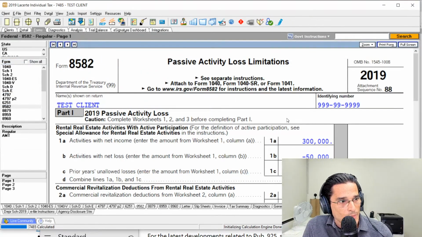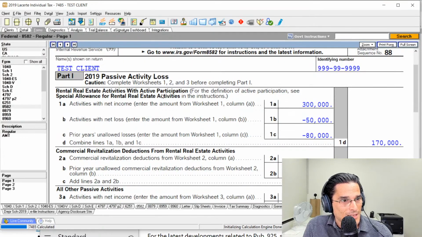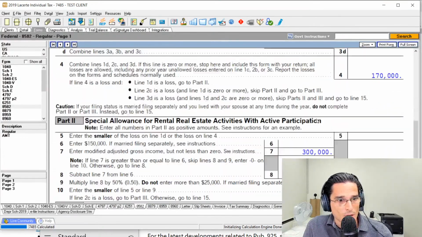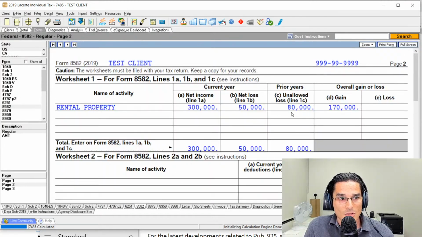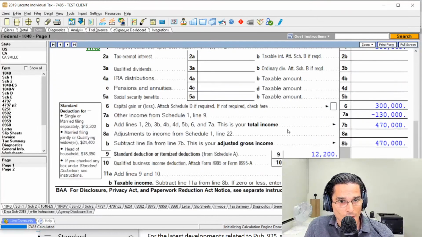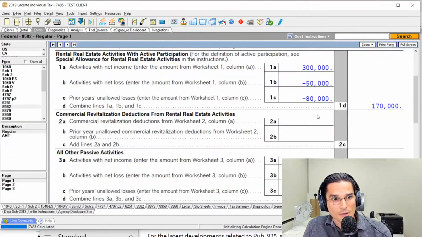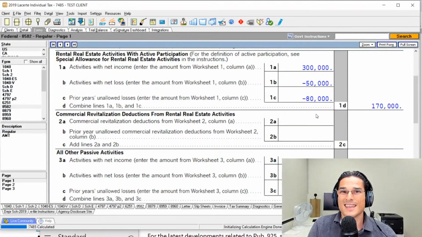All right, so we have real estate activities with active participation, so on and so forth. And we could see that activities with net loss is $50,000. Prior years unallowed losses are $80,000. That is what's giving us the total loss here of the $130,000. All right, so we have the prior year loss, the current year loss. The reason we're taking everything all at once is because there was a complete disposition of a passive activity in